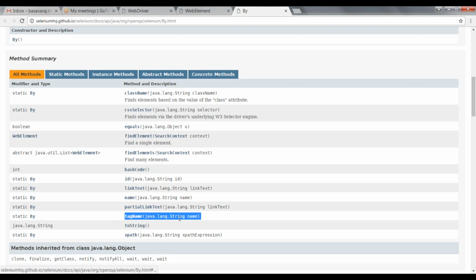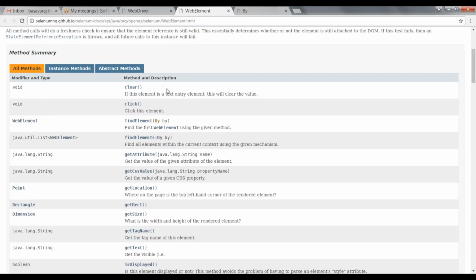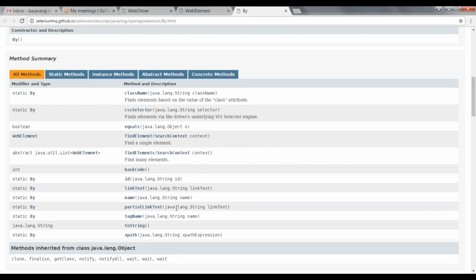This is also one of the very important ways of finding the element. So this is for tag name. We will use this tag name to identify multiple elements, that is driver dot find elements. Find all elements with the current context using the given mechanism. So this is one way of doing that.